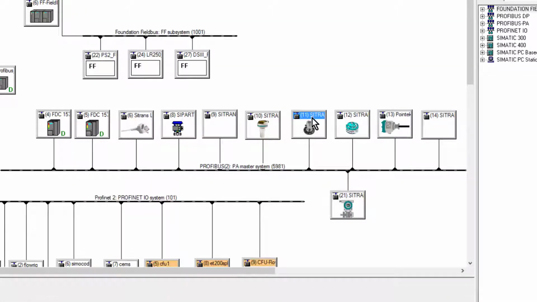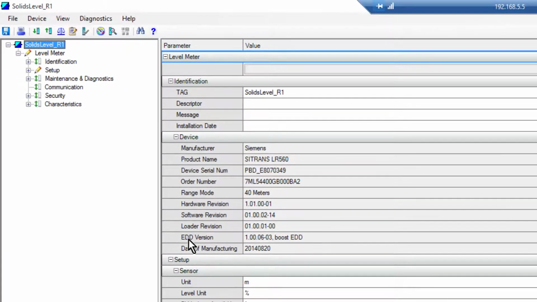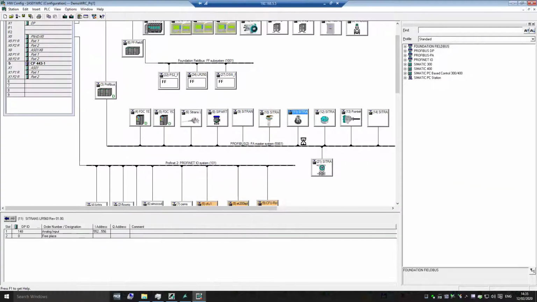If I open this, I'll know I've got the correct EDD because you'll see here Boost EDD. You won't have that on a standard EDD from Siemens. Once we've got that in place, we need to program up Maintenance Station to